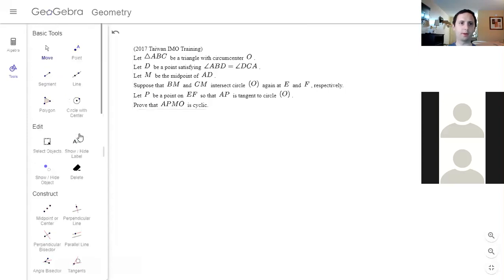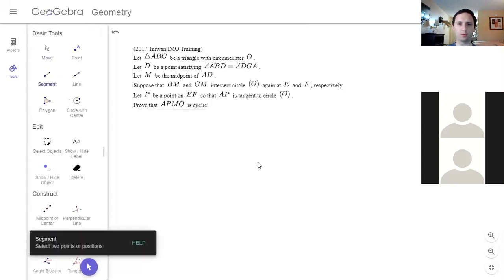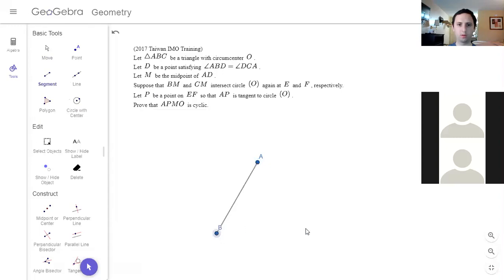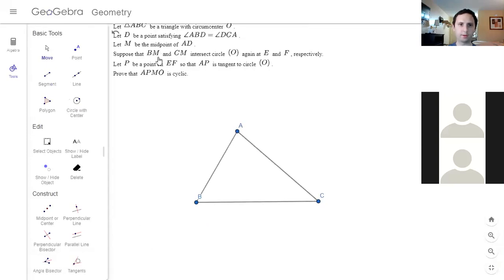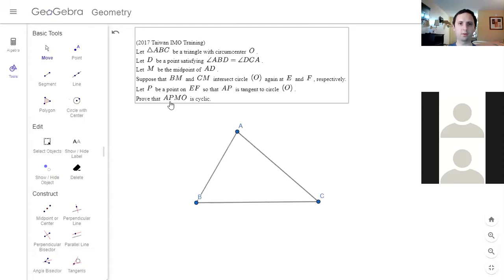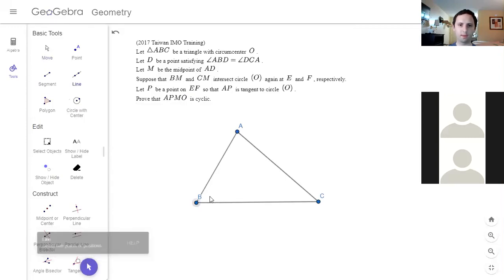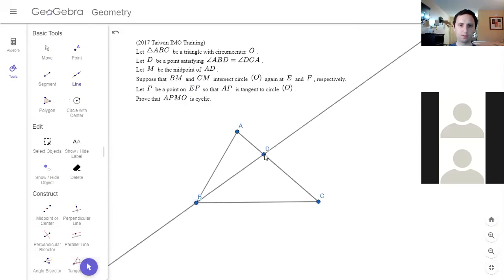Okay, so we have a triangle ABC with circumcenter O. Let me move that triangle a little. And then we draw a point. I'm going to have to think how to do this. So that ABD is equal to DCA. So we want to take this angle and kind of copy it here. Yeah, how should I do that? I could,